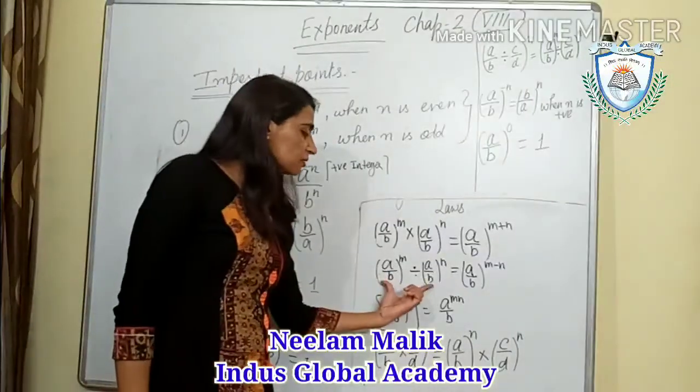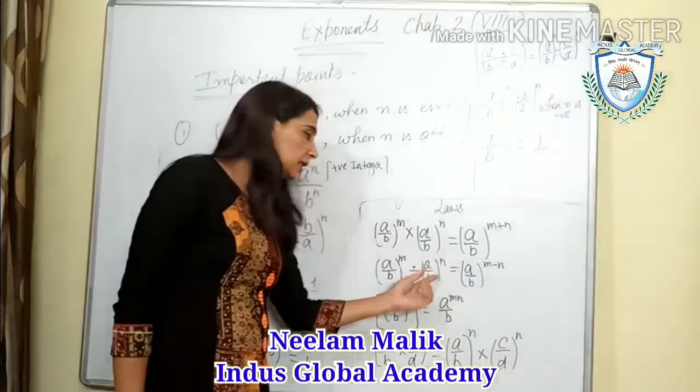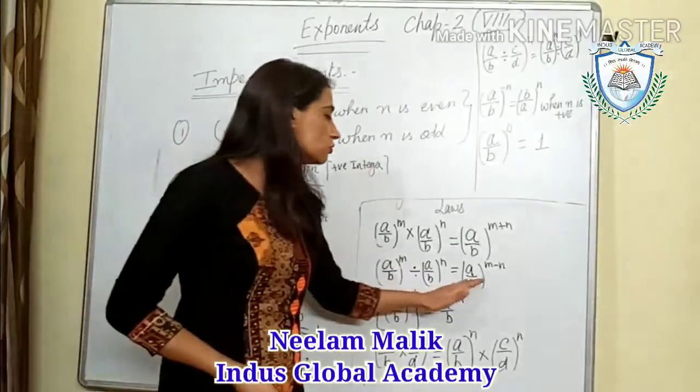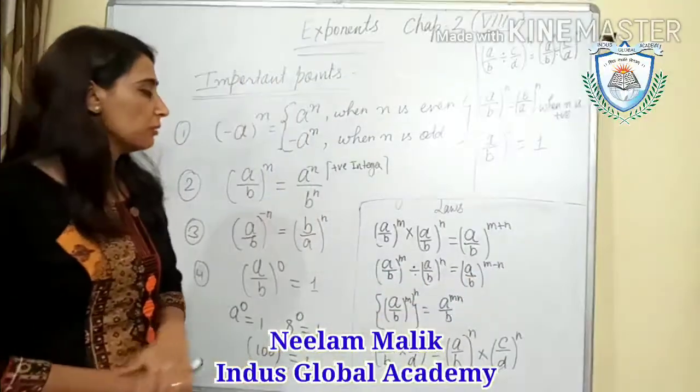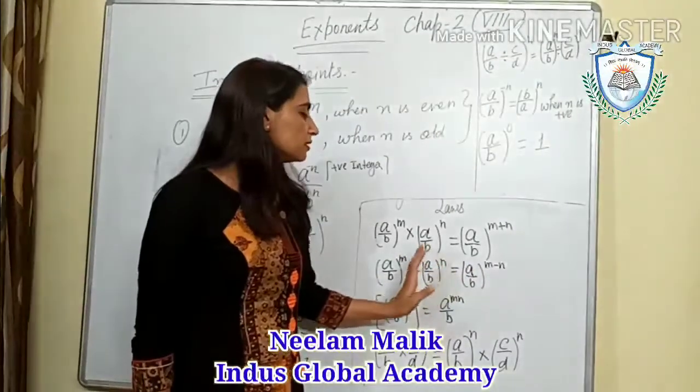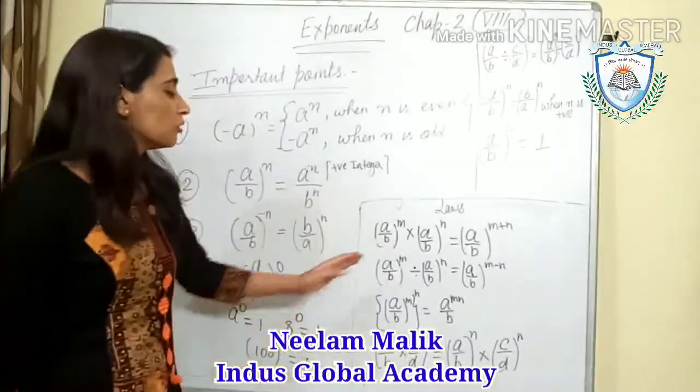If the base is the same, powers are different and they are in division, the powers will be subtracted. It means a upon b is written one time, then m minus n will be any integer,